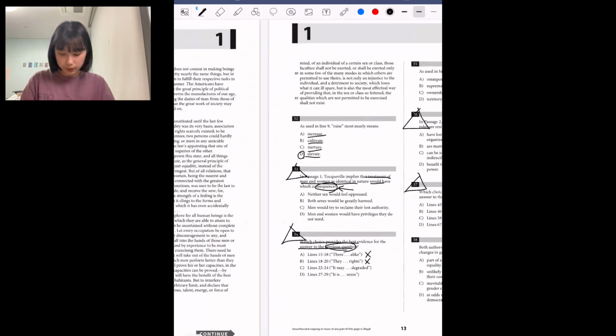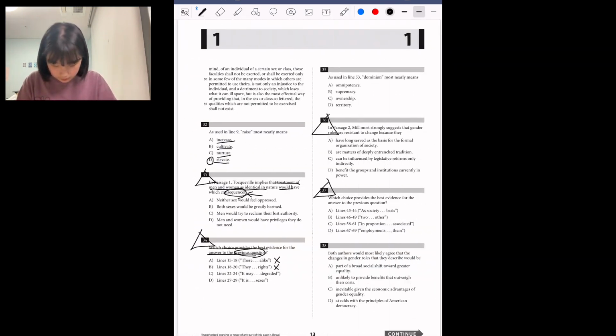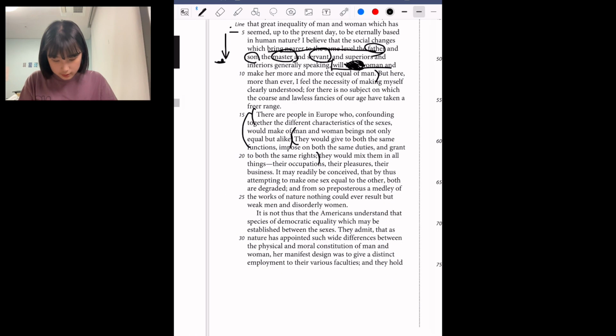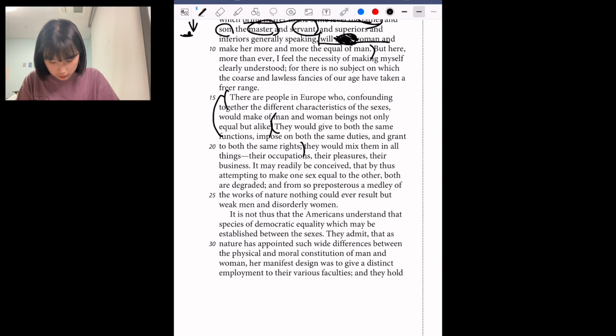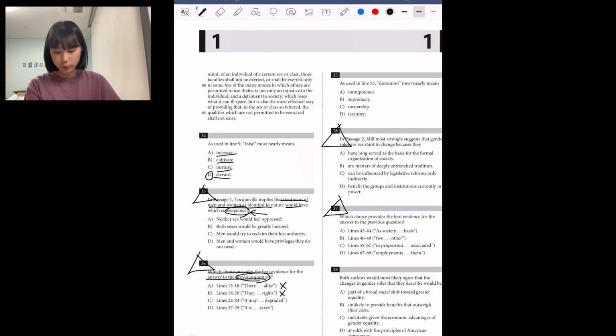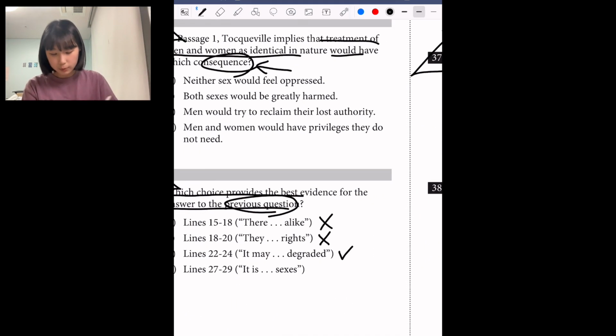Lines 22 to 24 says that it may readily be conceived that by thus attempting to make one sex equal to another, both are degraded. And this, let me just highlight that here. This is a better choice than the previous two, because it says it may readily be conceived, and that by thus attempting to make one sex equal to another, this is basically implying that by thinking of them as the same nature, both are degraded. This is the consequence, and it directly outlines the cause and effect of what the question is asking for. So this is a very good answer, so we're going to keep this for now,